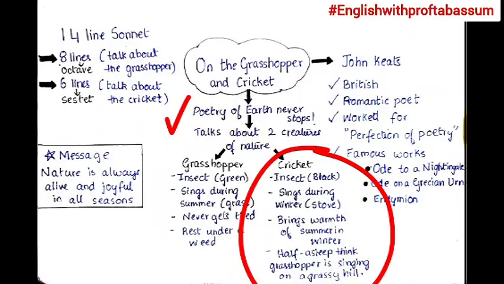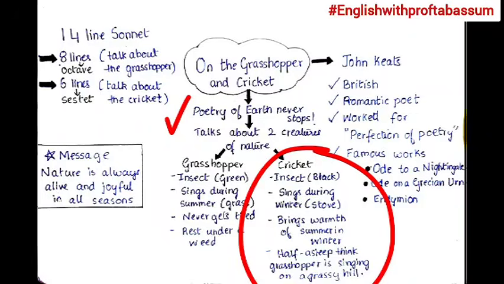The cricket song provides the warmth, the heat of the summer season, in the winter season. It makes people feel warm. So, by this, John Keats wants to say that if one creature, one insect, is singing in the summer season, then another creature is singing in the winter season. So, the poetry, the sound of the earth, is continuous. It's always there, some sound or the other.